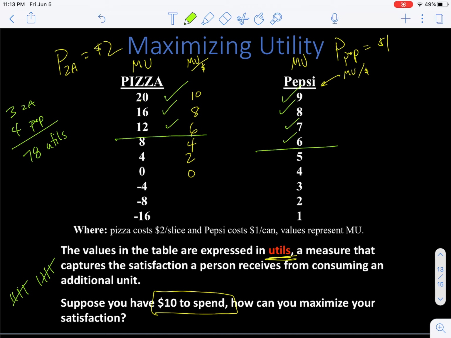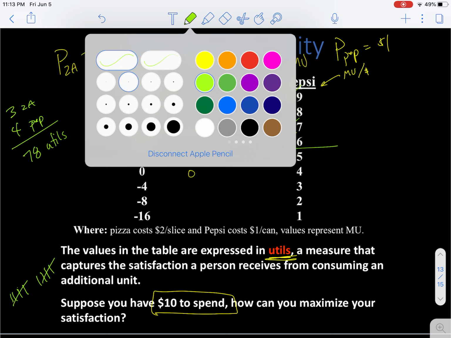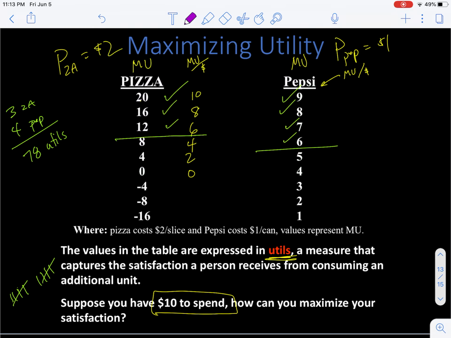And remember the rule of equal marginal utility per dollar spent that we talked about? Look at where your total utility is maximized. The bang for your buck from pizza is 6. The bang for your buck from Pepsi is also 6, right? 6 utils per dollar. So we are meeting the rule of equal marginal utility per dollar. So there you go. That's step 1. That's actually a full example, but I want to change it up. Let's do something else here